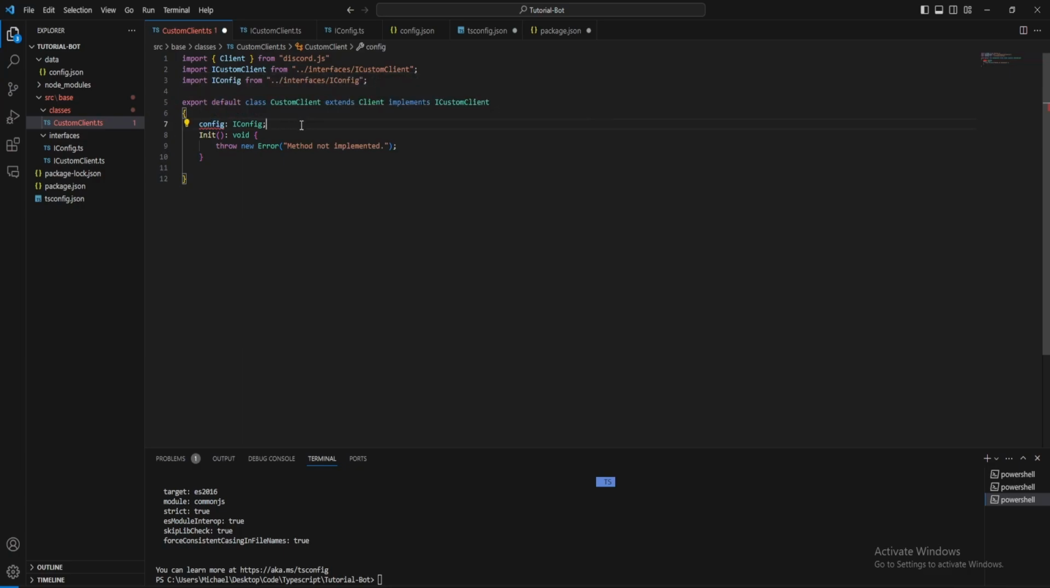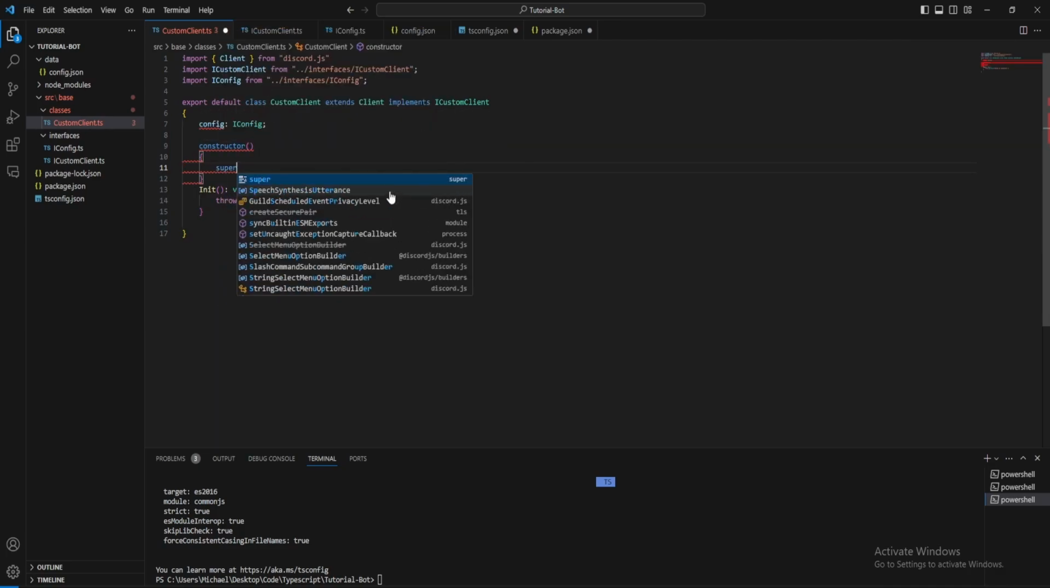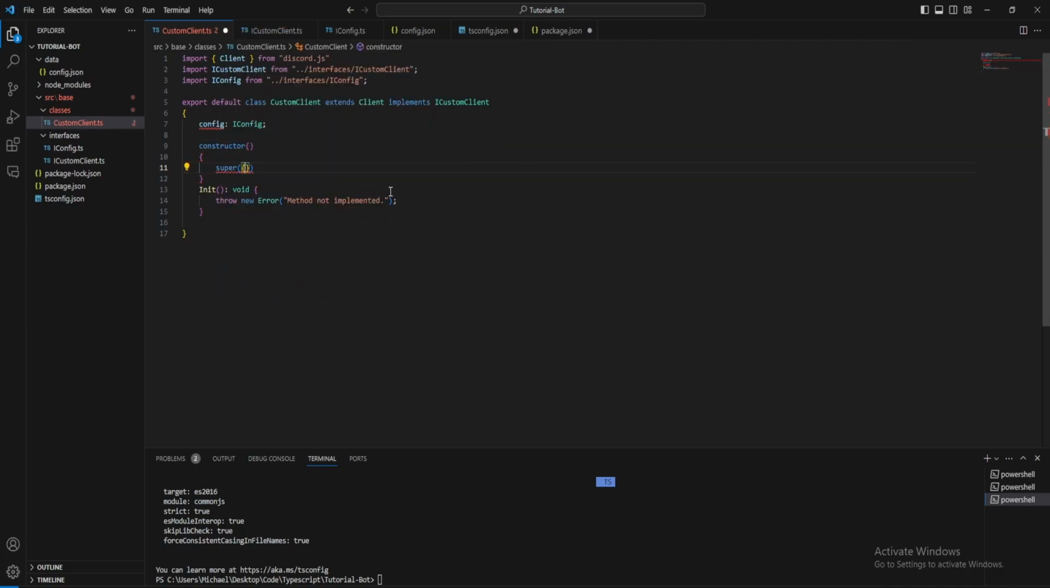And now it wants us to create a constructor to initialize that variable. So we want to do constructor. Then we want to do a super, because this is the constructor for the Discord.js client. And in here, we want to just do intents, which we'll be using later on, which we don't need for now. And then we also want to do this.config equals